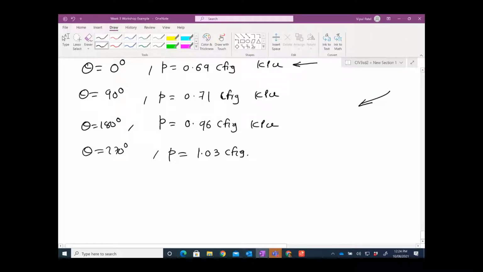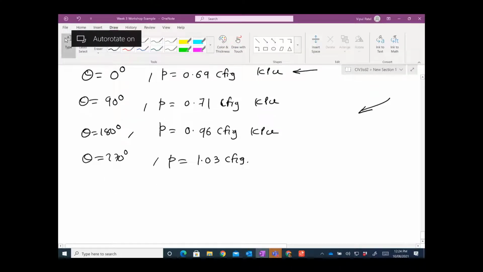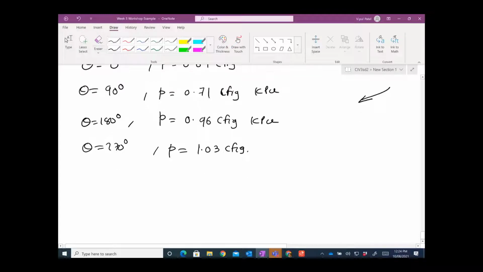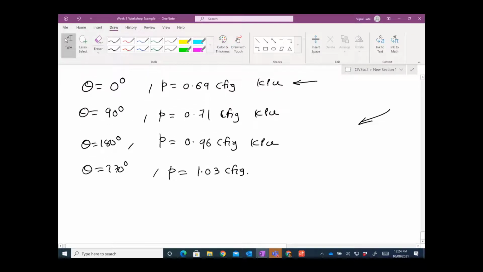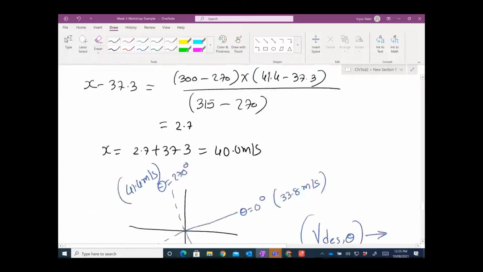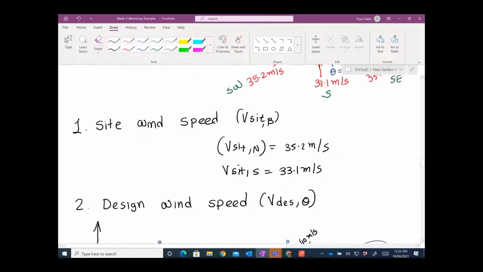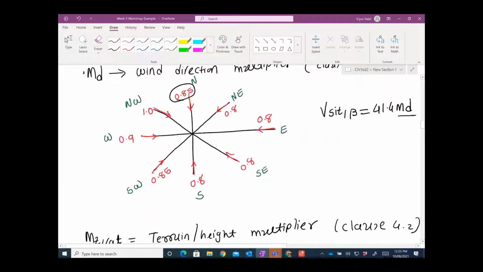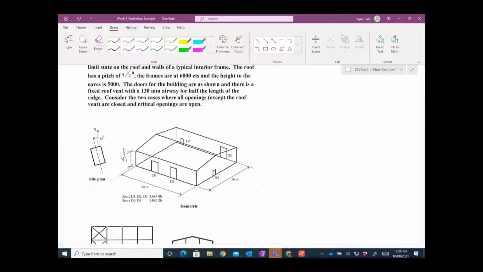Hopefully you can see the screen. In the ideal world, we will take this case and find the external and internal pressures. Then we take theta equal to 90, find the external and internal pressures. Then we go to theta equal to 180 and theta equal to 270. But by looking at the structure, it's a symmetric structure. Symmetric meaning that if you look at the structure here,